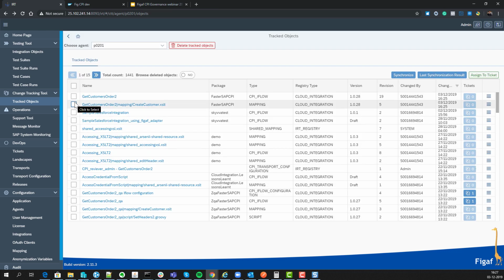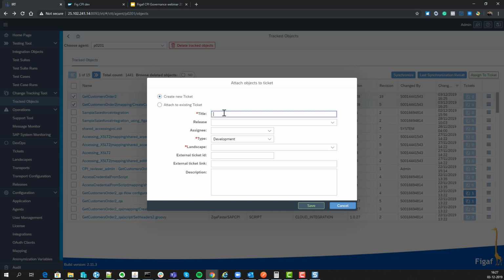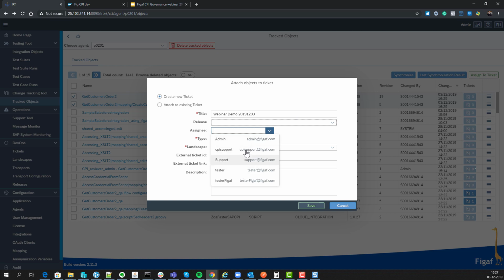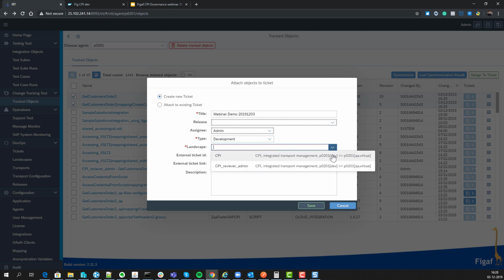So we will take these 2 versions and we will add it to a ticket. We'll create a new ticket. We have an option to assign create releases. We have an option to designate who is actually the manager of this. We can designate what reviewer, admin, let me just,